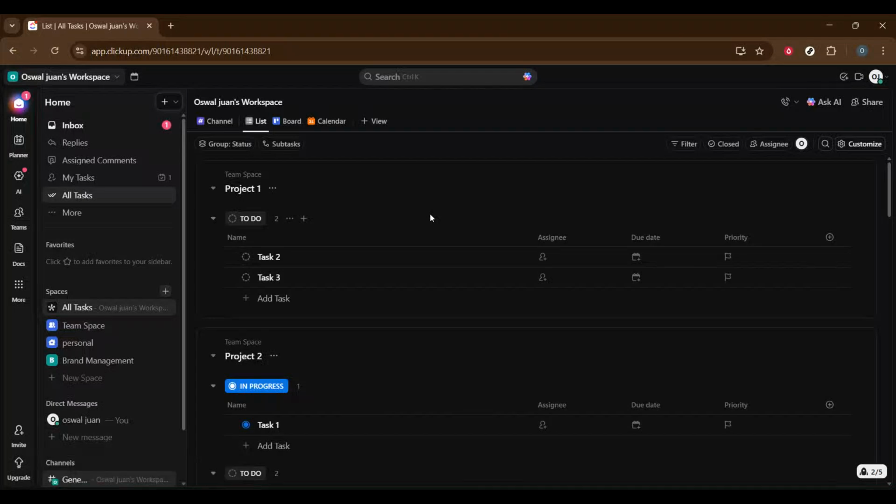In today's video, I'm going to show you how to organize your software stack in ClickUp step by step so you always know what tools you're using, what they're for, and who owns them. This is perfect for founders, teams, and freelancers who want a clean, documented system instead of scattered notes and forgotten